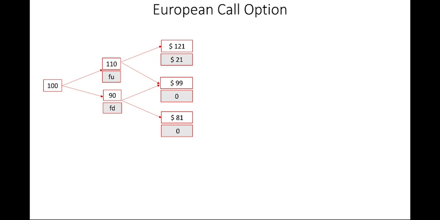to calculate the value of the P, that is the probability of upward movement. In the previous session I have shared the formula for P. It is exponential raised to the power rT minus d upon u minus d. Now here we are not having the value of u, so we can calculate the value of u as we have done in the previous session. Here S0u is 110, S0 is 100, so 110 divided by 100 we will get the value of u, that is 1.1. As you can see over here, the value of u is S0u upon S0, that is 1.1.